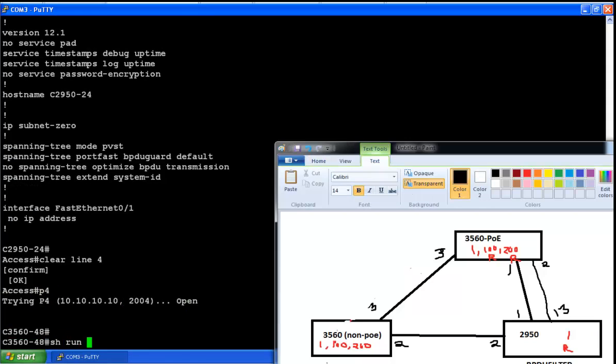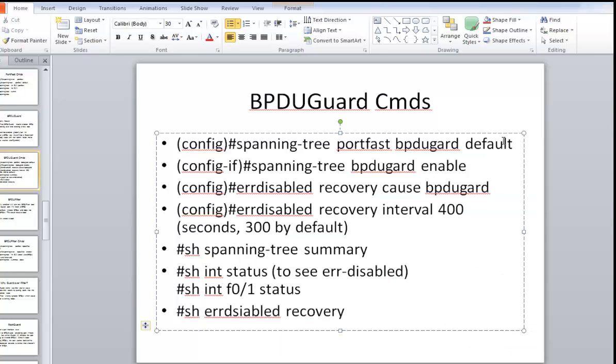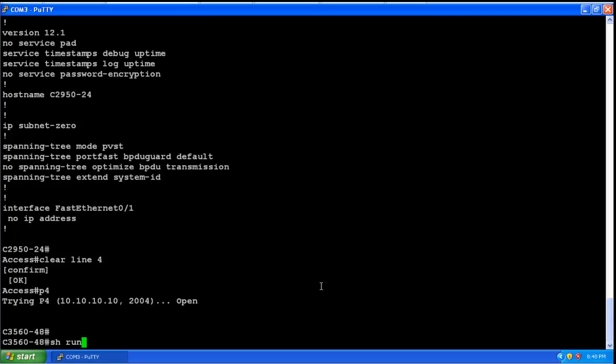So in this case, I'm going to try to overtake, and this could be a typical scenario at work, guys. All these 3 switches have VLAN 1. Right now, that 2950 is the root bridge for VLAN 1. And let's say I introduce my 3560 non-PoE switch, which is the one I'm sitting on right now, and I want to advertise a better BPDU for VLAN 1. So let's go down the list. Let me use the first one here. Actually, to make it better, which I don't have on here, the way we would do that,